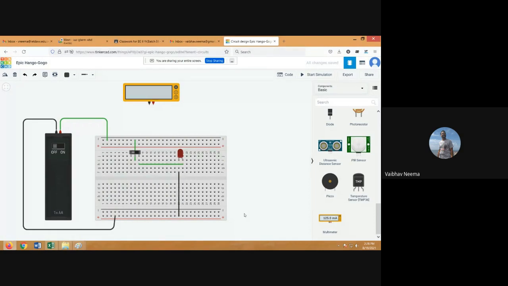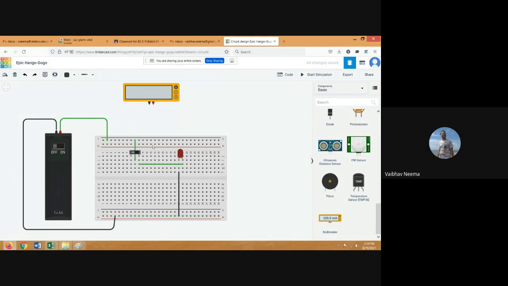So we make these connections. I think we have a closed loop. We can see that the current starts flowing through that part. It goes to the switch, and when the switch is closed, it goes to this LED. This LED will get on when it gets the high voltage, then grounded, and then we have the closed loop path.